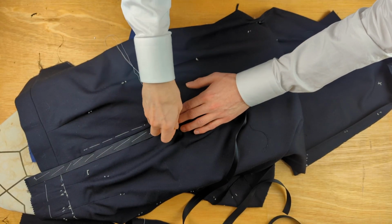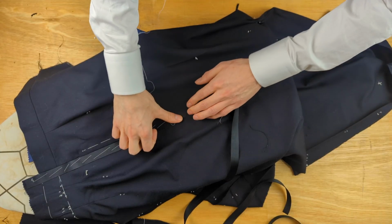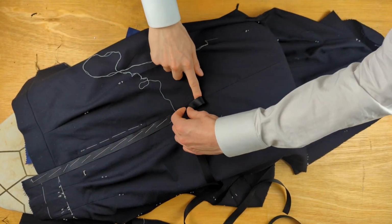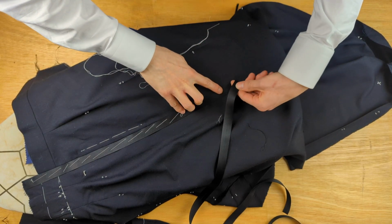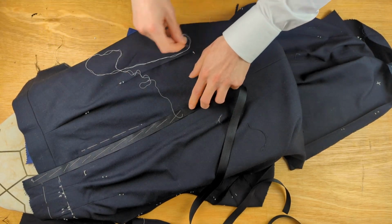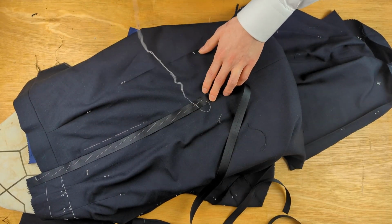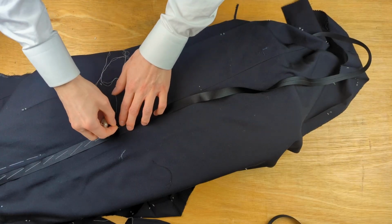Looking back, I can see very clearly that I am pulling the braid over the cloth by just a very small amount, but still too much. I treat it a little too much like canvassing. The trouser should be placed very flat onto a surface, and then the braid should just be placed onto the trouser. Below the pocket, the braid begins to cross the side seam such that down the rest of the leg,